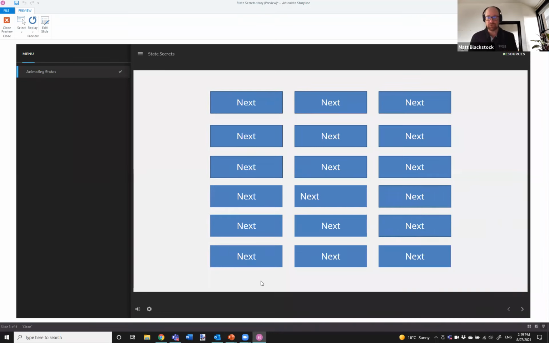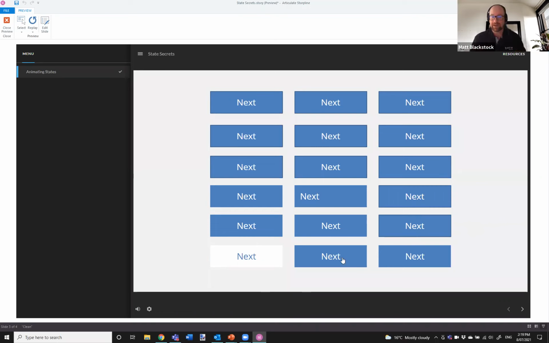And these last few, what I've done with these ones, not only have I animated the hover state, because all those top ones are hover states, I've also animated the selected states. So if I hover over a button, you can see a little white line zooms along the bottom. But then if I click the button, the selected state takes over and the whole button fills out to white.